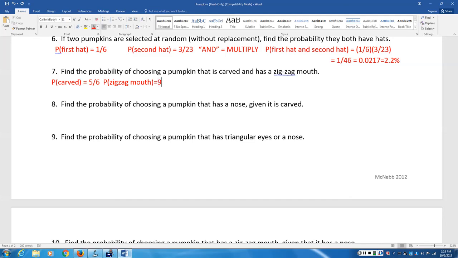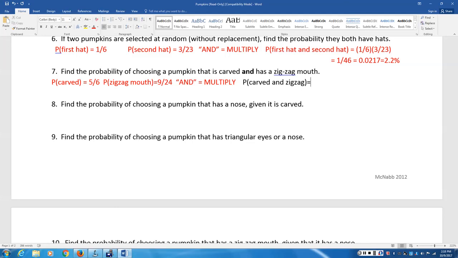And there were 9 of those out of all of the pumpkins, and all of the pumpkins was 24 pumpkins, right? Get my divided by in there. And remembering that and means multiply, because there's that word and, then what we're going to multiply is 9/24